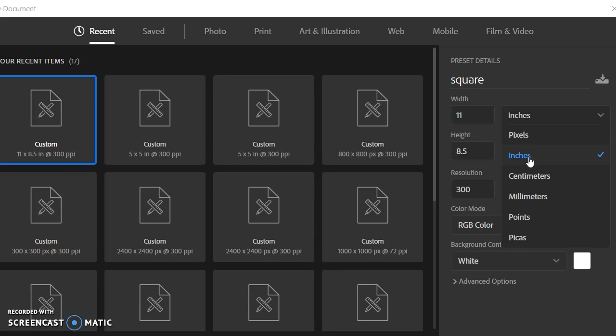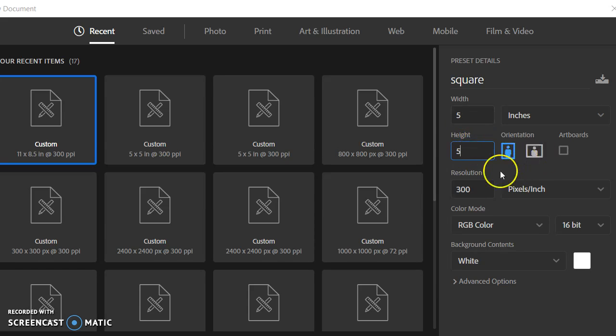Measuring tape. Gosh, I'm at a loss for words. So we'll go ahead and select inches, and then we will change this to 5 by 5. Because it is square, your orientation will auto-adapt. So whatever you put for the width is obviously going to be horizontal, and whatever you put for the height is going to be vertical. You can definitely switch those around if you want to place it differently, but for now we'll just go with